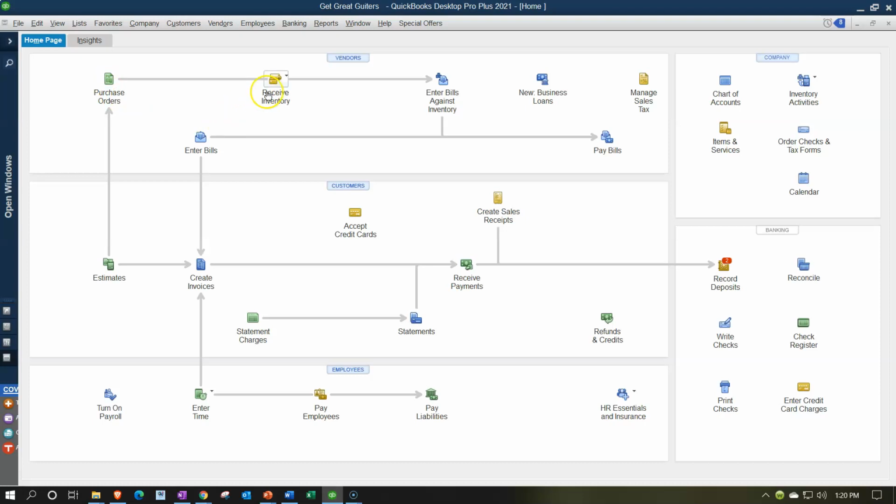Then we said that we got the inventory from Fender, which was our new vendor, and therefore we populated the bill with the purchase order that was received. So then we populated the actual bill that came into play. And as we entered the bill, we also entered the customer to it as a billable item so that we can then go down and create the invoice,